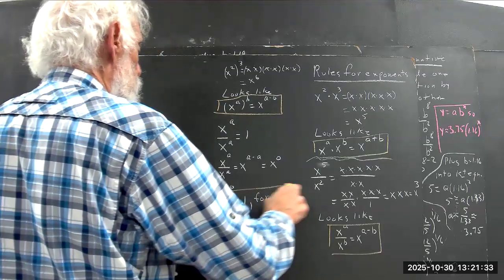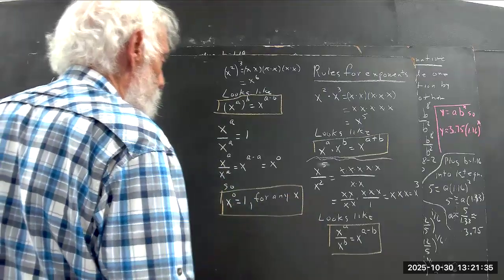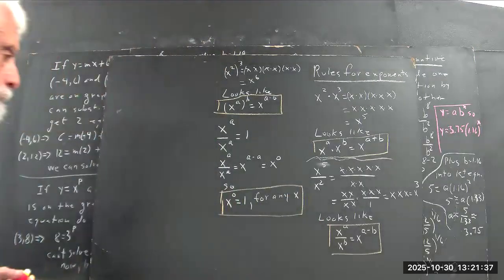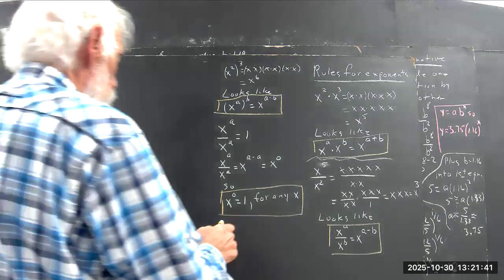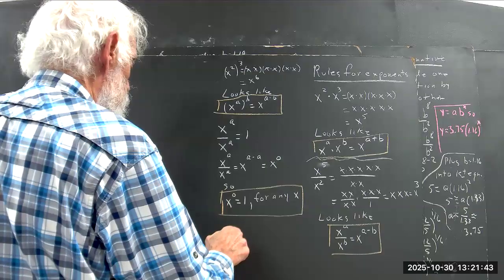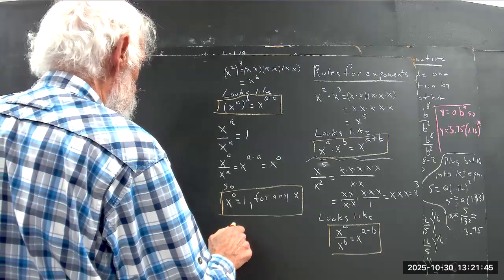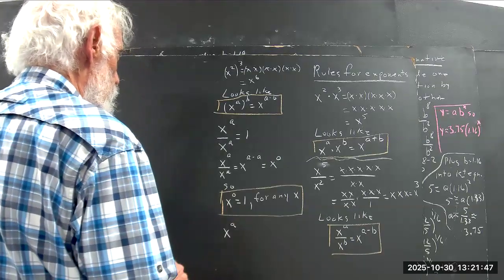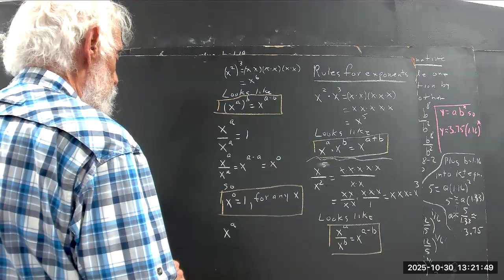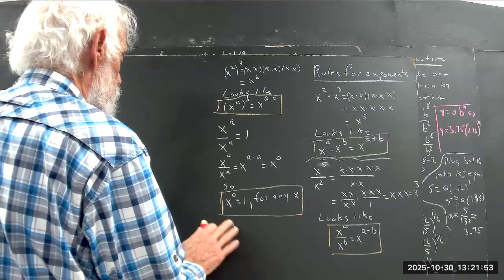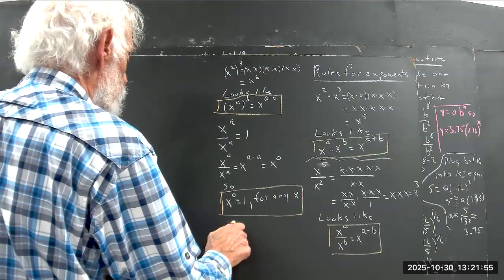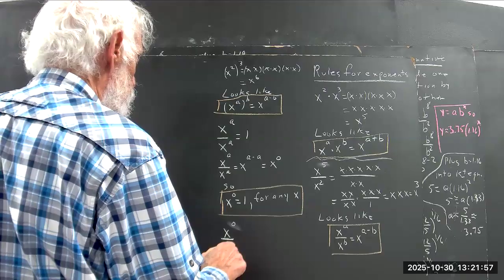X to 0 has to equal 1 then for any x. Another one. I'll write it this way, x to the 0